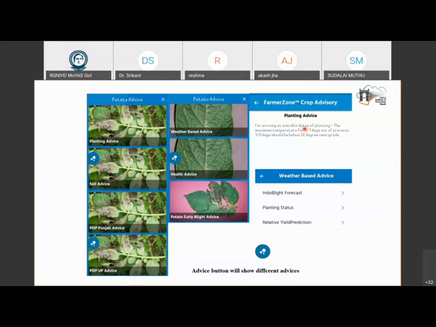But now we have taken it to the next step. Now we have dynamic weather advice. That means, just based on his GPS location, if the farmer just clicks asking, can I plant now? The algorithm automatically goes to the database, finds out what the weather was for the previous 7 days, and tells the farmer, yes, plant or don't plant. So that's the more advanced stage of dynamic weather advisories.